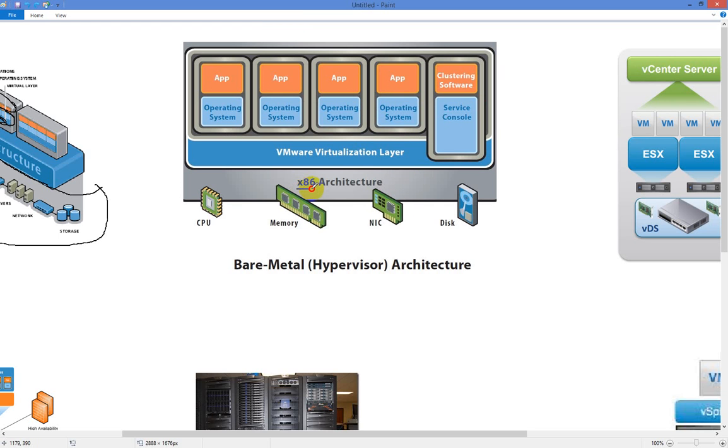Now it says x86, which is going to be 32-bit. Normally the infrastructure that I run on is 64-bit. So architecture-wise, it really doesn't make much of a difference. But between the two different architectures, whether it's 32-bit or 64-bit, the physical aspects of it are going to be the same. So what you're going to do is take a physical machine. I'm using an IBM server.